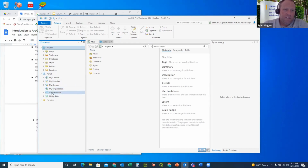There's also ArcGIS Online data that's available, and Living Atlas. Living Atlas and ArcGIS Online are probably two of the largest repositories of data in the world, spread out between a whole bunch of different hosted servers. Living Atlas is what we'll use first though. So we'll click on that,